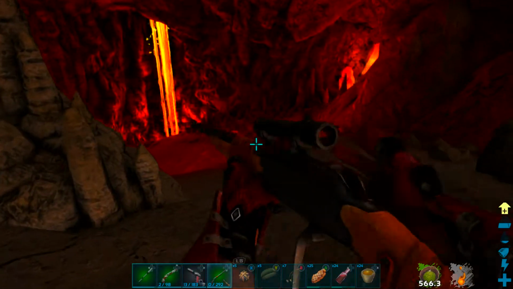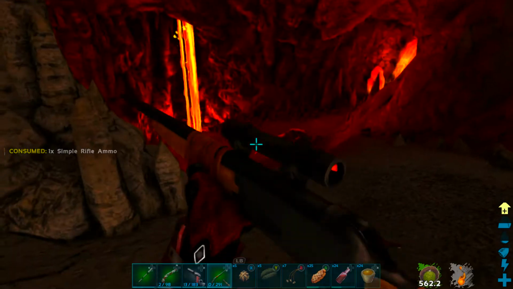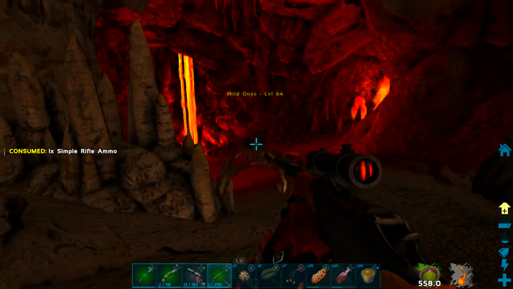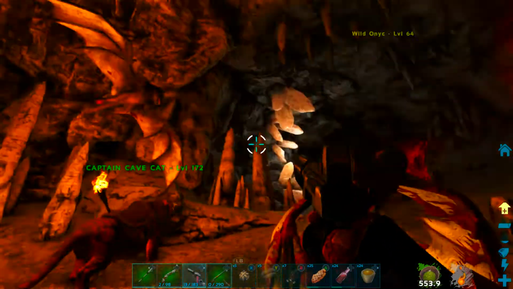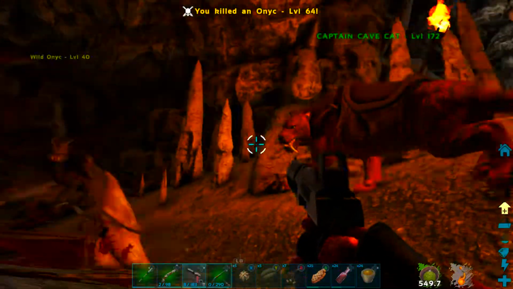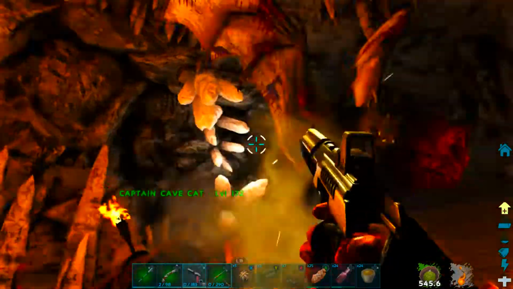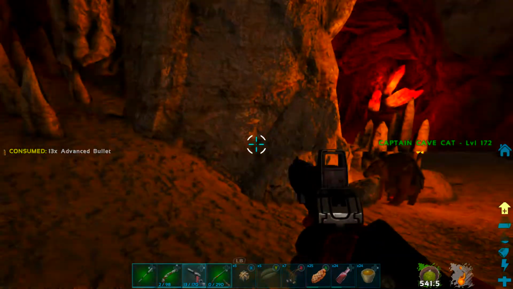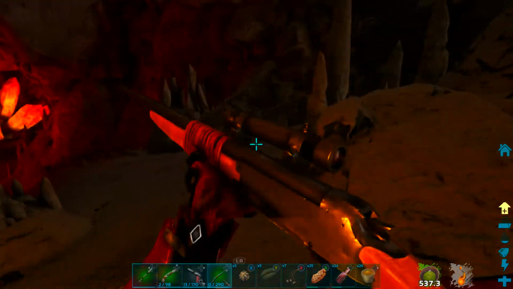Apparently I can't hit these douchebags. I don't understand why. Not like I'm short of ammunition, so that's totally fine. There we go, there's one. Oh yeah, you want some of this? Suck it, Onic! This pistol works very well for dealing with Onic. That's awesome. So again, I want to make sure everything is reloaded and ready to go before we delve a